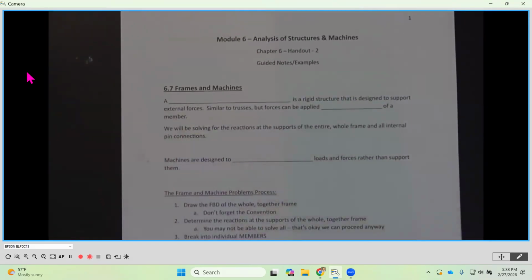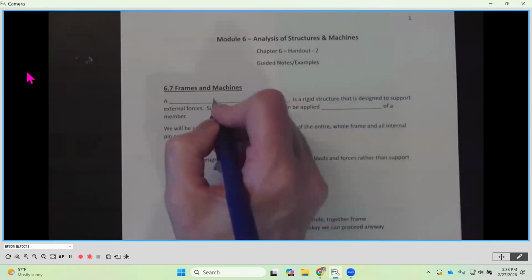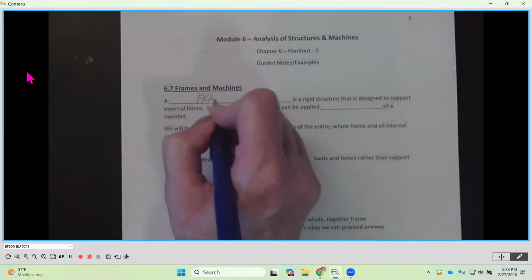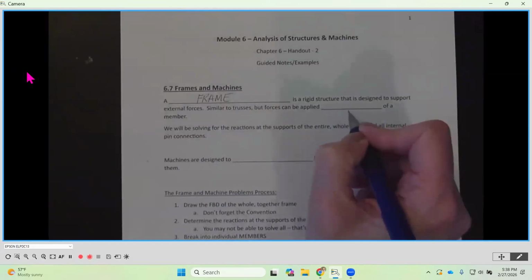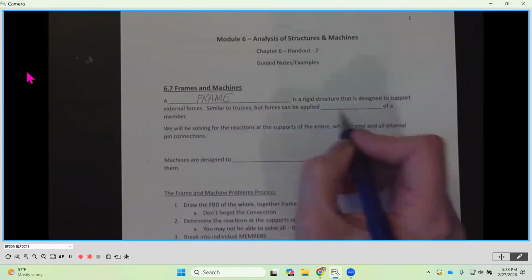So at the beginning here, a frame is going to be a rigid structure. So what you want to put in here is the word frame. So we're going to be looking first at frames. A frame is a rigid structure that's designed to support external loads. They are similar to trusses, but forces can be applied